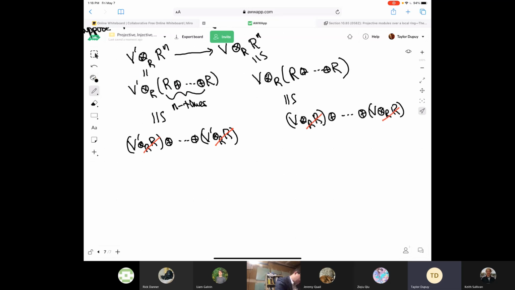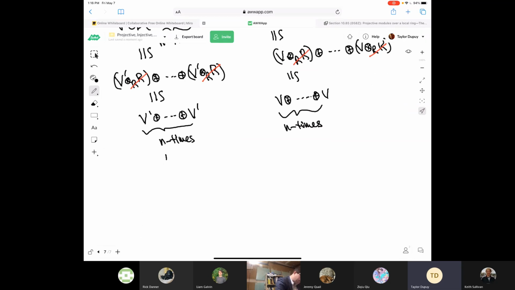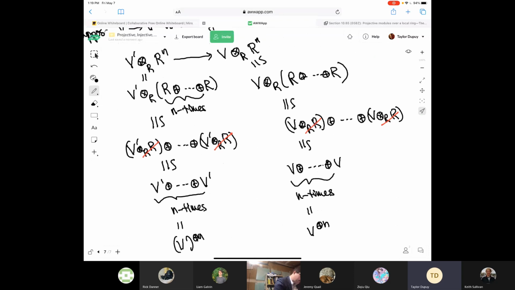Okay, and so this thing is isomorphic to V prime direct sum V prime, and this happens n times. Okay, and this thing is similarly isomorphic to V direct sum V. This happens n times, right? And so this is V prime tensor n. This is direct sum n times. And the map here,